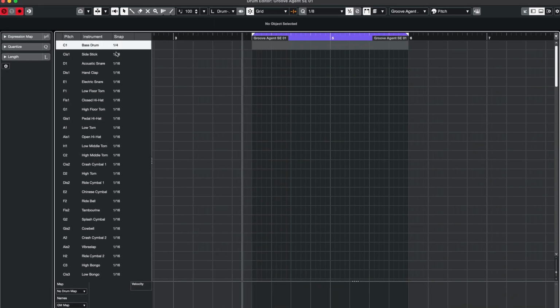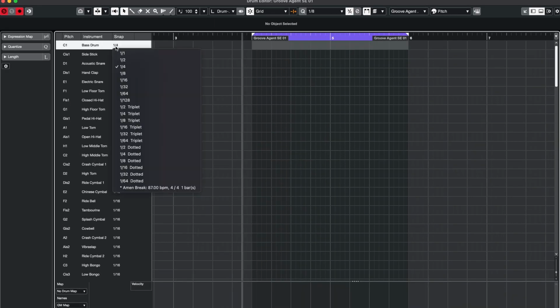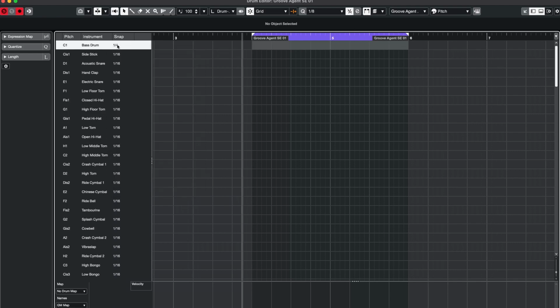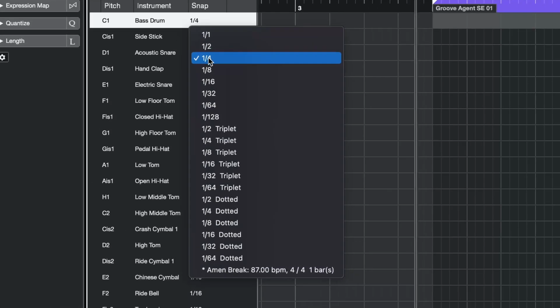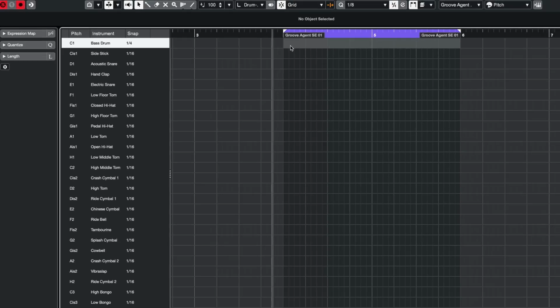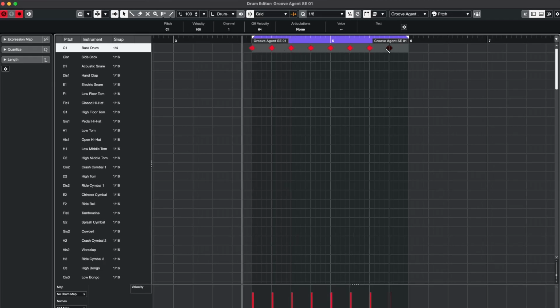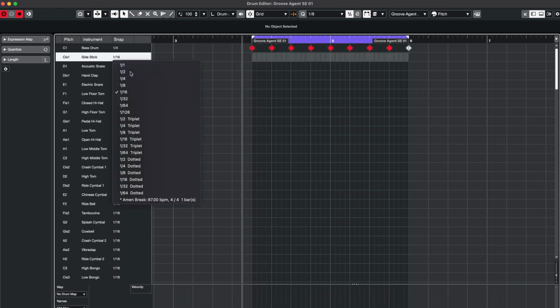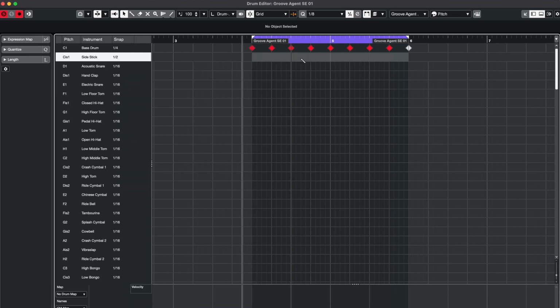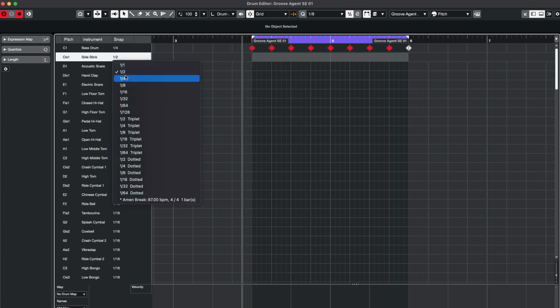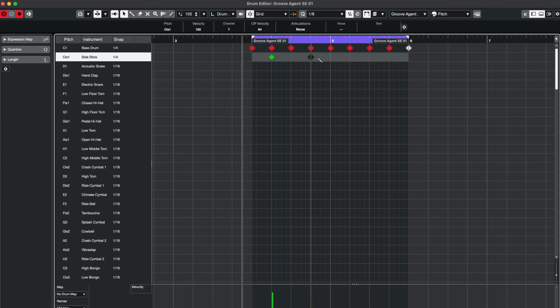Another thing that you can do, you can enable this snap mode. For example, on the bass drum I have enabled this 1/4 snap, and now you can just pull through with your 4 on the floor kick and then add your other instruments, which for example for this one you could also put to 1/4 and then